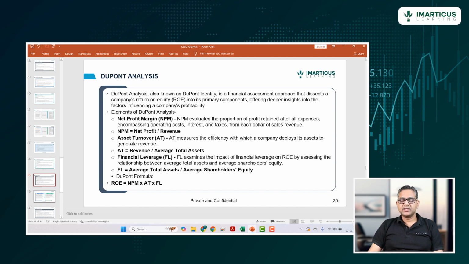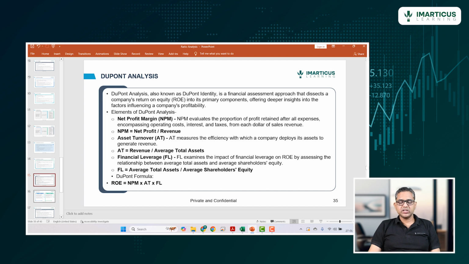Elements of Dupont analysis include net profit margin, which we have discussed. It evaluates the proportion of profit retained after all expenses, encompassing operating cost, interest, and taxes from each dollar of sales revenue, which is calculated as net profit upon revenue, into asset turnover ratio. Asset turnover ratio measures the efficiency with which a company deploys its assets to generate revenue, calculated as revenue upon average total assets,